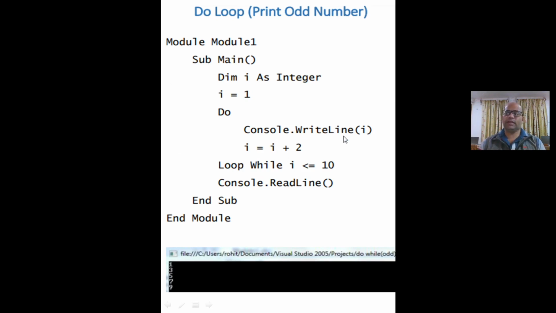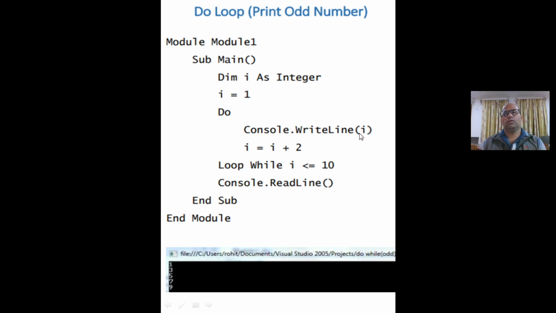Console.WriteLine is a method which is mainly used to print the statement or text which is specified in the method.